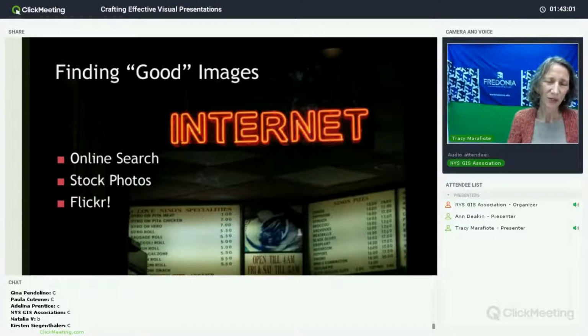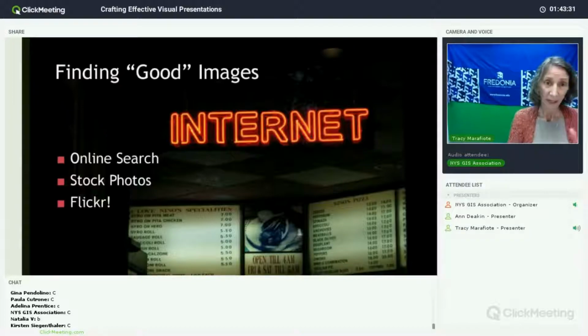So while stock photos let you find images to your exact specifications, which is fantastic, what's especially cool to me about Flickr is that it's more creative and less obvious. These ideas might be generated because people's labeling sometimes, if they're personal images, is a little bit unusual or unexpected. And so they might pull up these unusual or unexpected images, which can give you some terrific ideas and things you might not have come up with on your own.